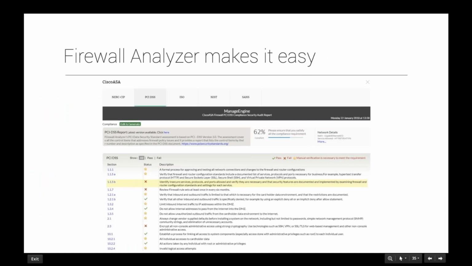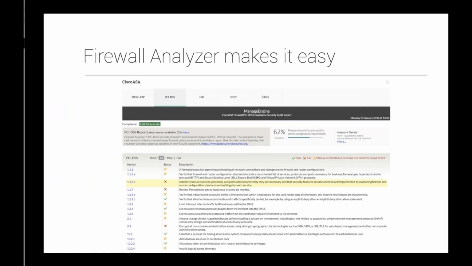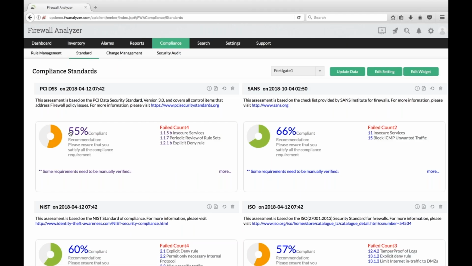So Jim is working in a card-based company which deals with a lot of financial transactions and hence has to be compliant with PCI DSS. But as you can see from the product UI, they are only 55% compliant with PCI DSS. So we need to check which are the sections that Jim's company is failing. On exploring more,